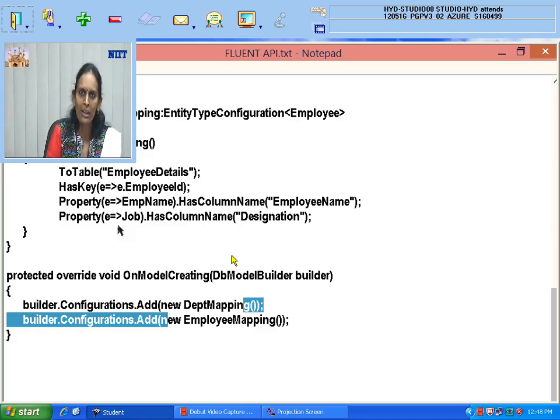This Fluent API is required if the model class name and table name should be different, or the model class property name and the column name in the database should be different. If you want such things, you need to tell. Otherwise, it is not required at all. This is the same with annotations. If you want it created as it is, you don't require it.